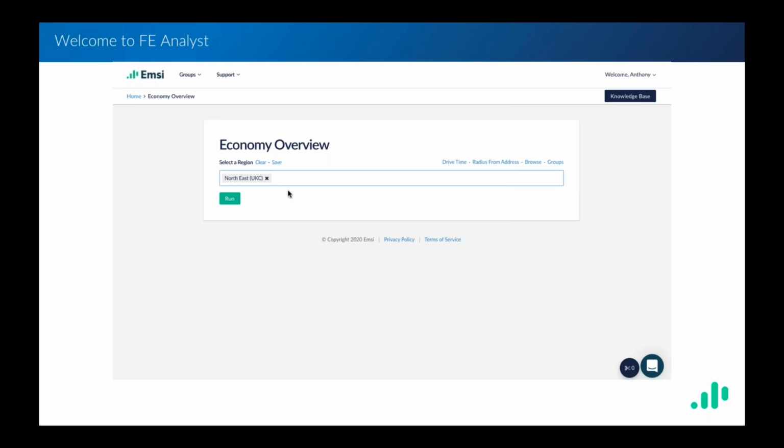Now that region can be down to local authority level, it can be a town or a city, it can be a combination of those things, it can be a LEP area, it can be a wider region that you build up, maybe 2 or 3 different LEPs. It's entirely up to you. You build your region of interest. I've selected the region where I'm sitting right now, the Northeast, and if I go ahead and run that report,